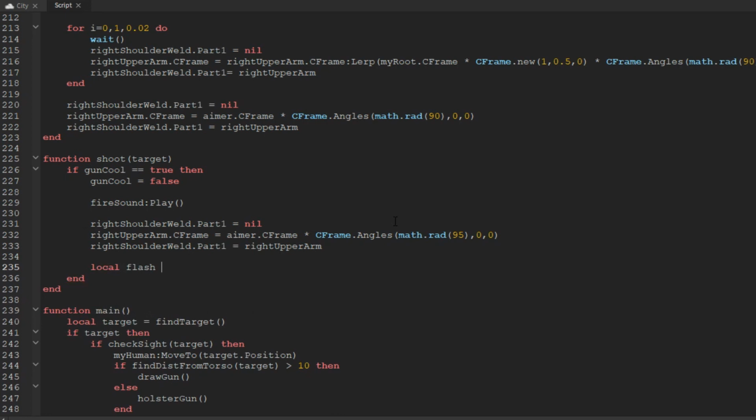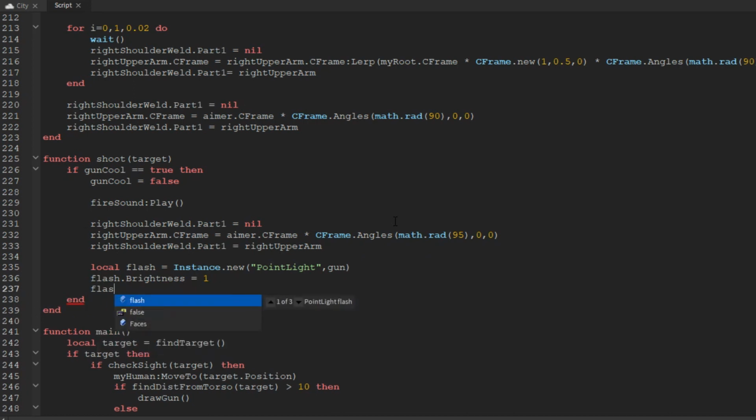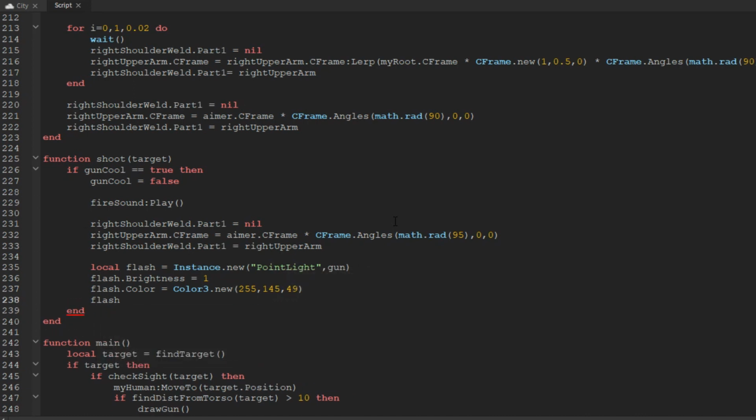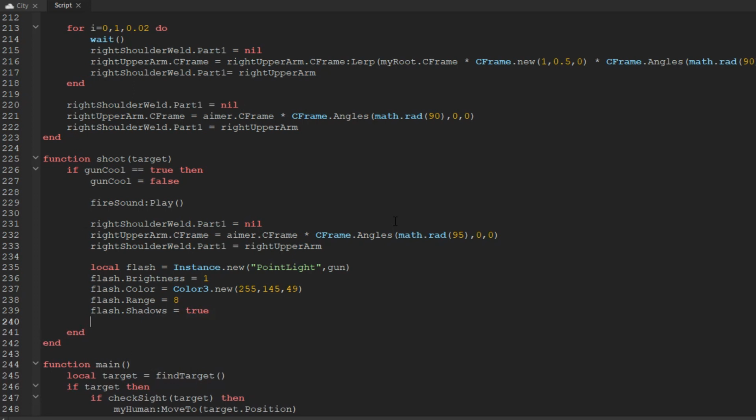Next we'll do a muzzle flash, so we'll do Instance.new PointLight, parent will be gun. flash.Brightness equals 1, flash.Color equals Color3.new(255, 145, 49), and then flash.Range equals 8, then flash.Shadows equals true, and then we will